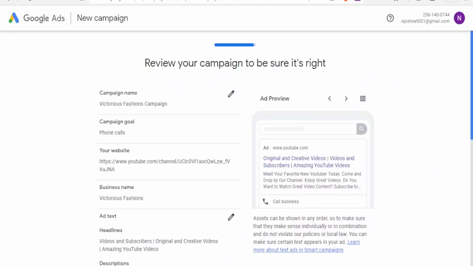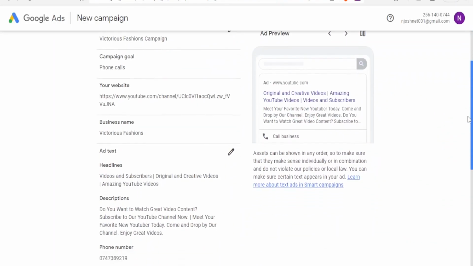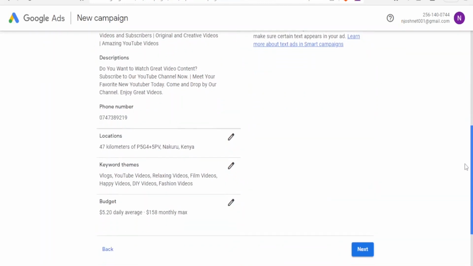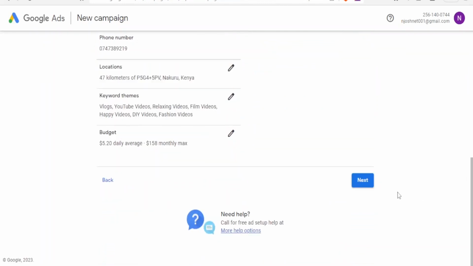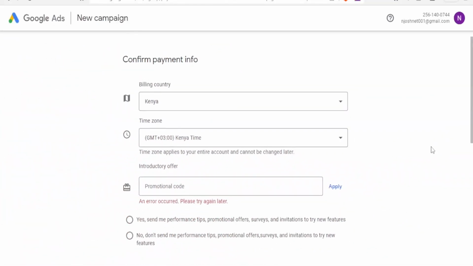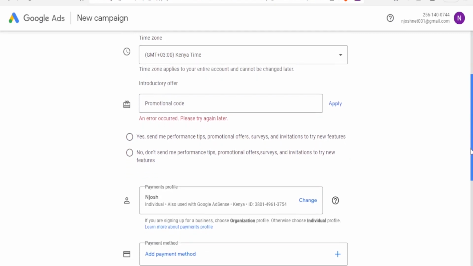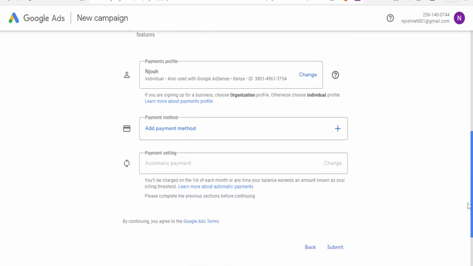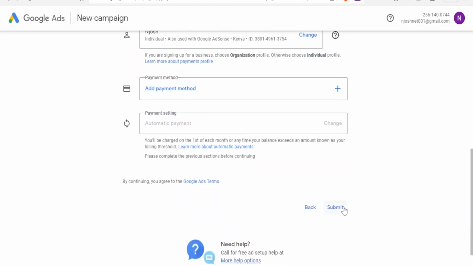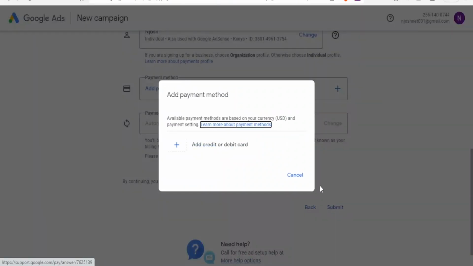So you can edit all these other details, including the phone number, the descriptions that we said, and then including the budget, the keywords, then you click on next. Then next here, you confirm your payment information, you add the payment method, and then once you are done, you will click on submit. But you notice currently you have not added any payment method. You can also add a debit or credit card. Now, once you create that campaign,